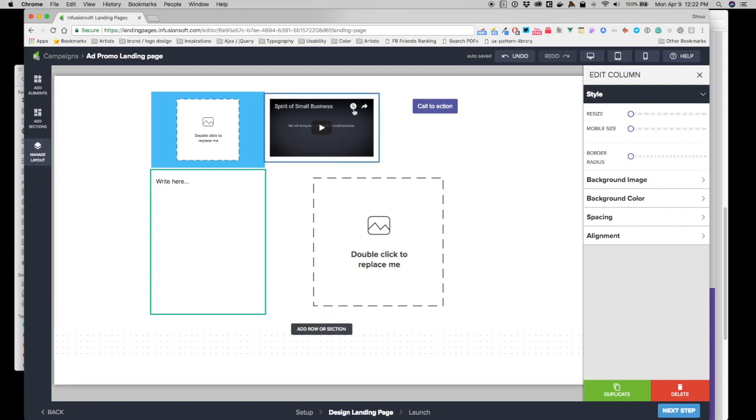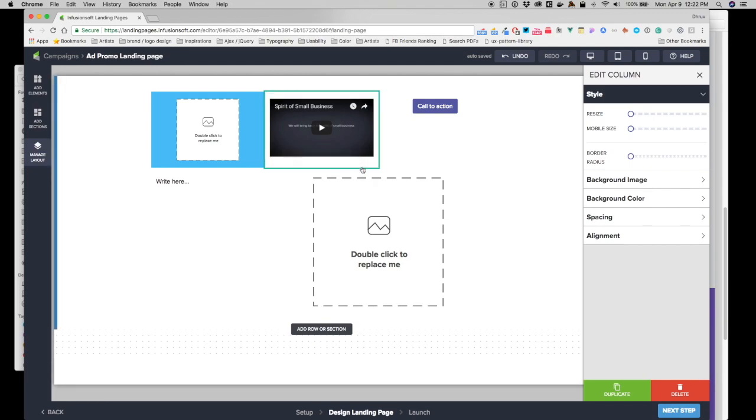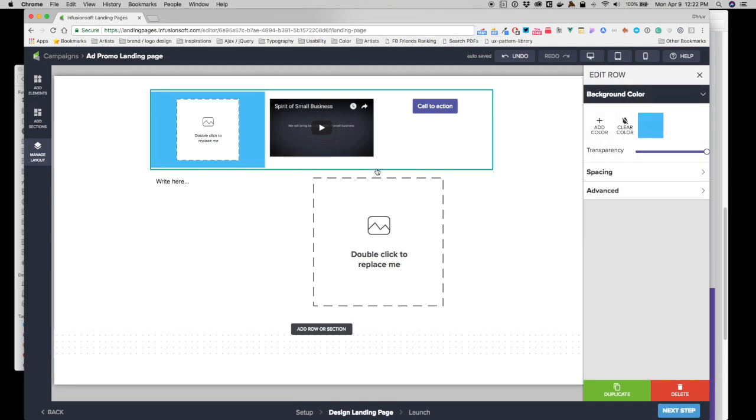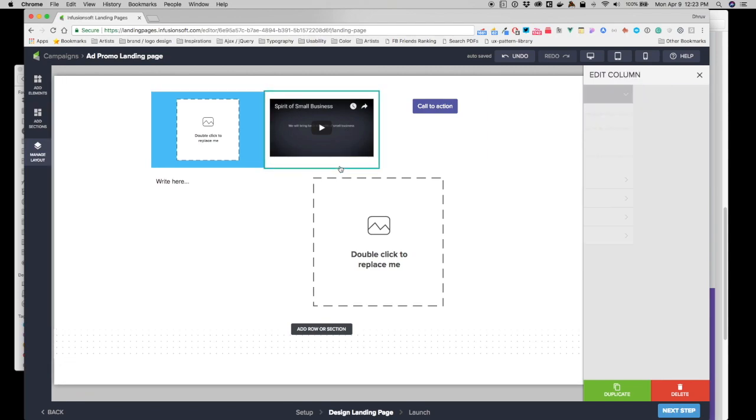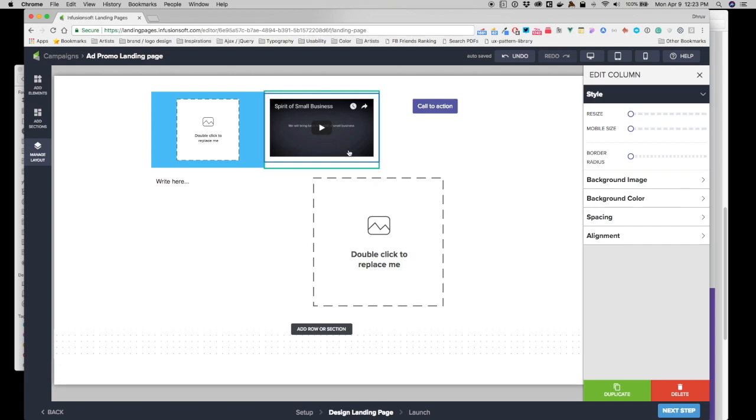Like right now when I bring my mouse over, it shows me that I'll be editing the video, but if I hold the shift key, it kind of selects the outside of it. Think of the video as a child, and the parent of it is the column, and the parent of the column is the row. And see, if I keep holding the shift, I can switch between the row, the column, and the element. So the shift is kind of a magic trick to get to items a lot quicker,